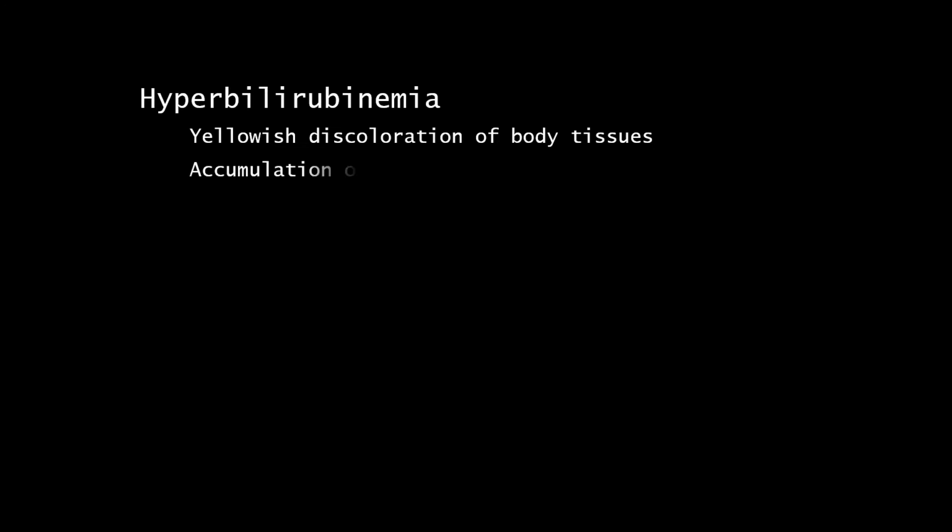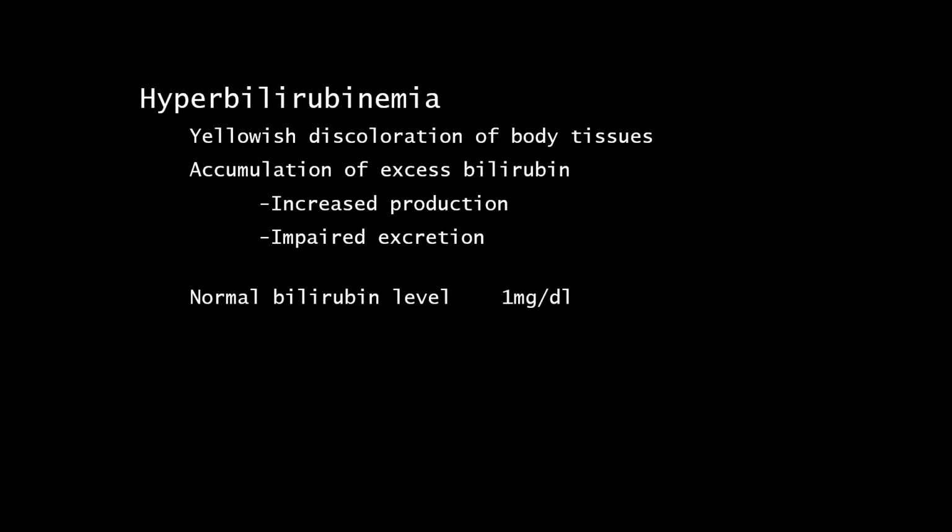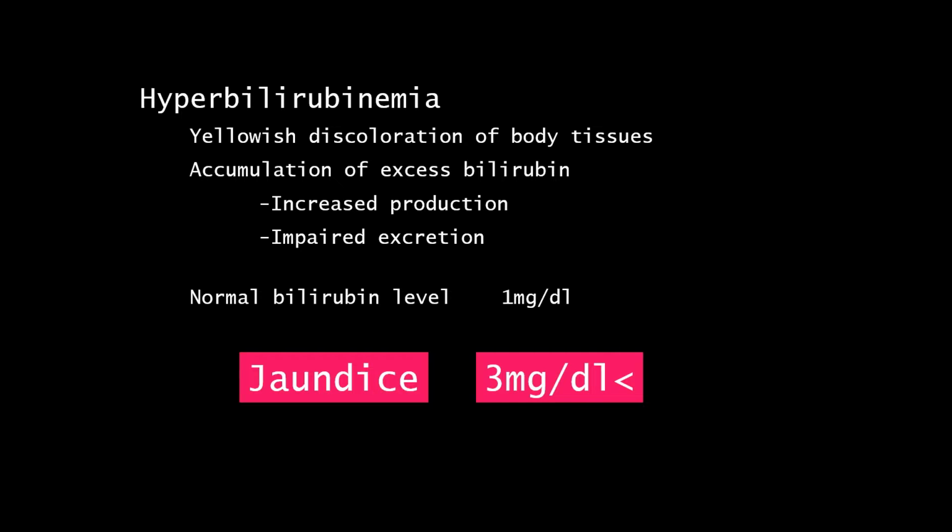This condition is called jaundice. Jaundice, also known as hyperbilirubinemia, is yellowish discoloration of the body tissues resulting from the accumulation of excess bilirubin. This condition only occurs when there is excess amount of bilirubin. That means there should be increased production or impaired excretion. Normal serum level of bilirubin is 1 mg per deciliter, and jaundice appears when the bilirubin level exceeds 3 mg